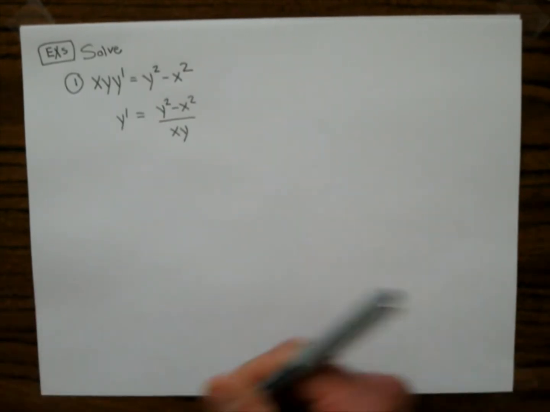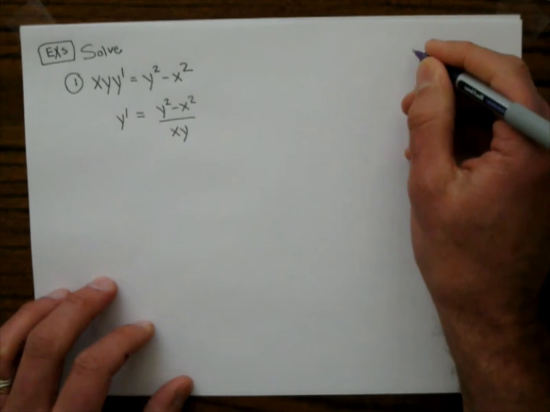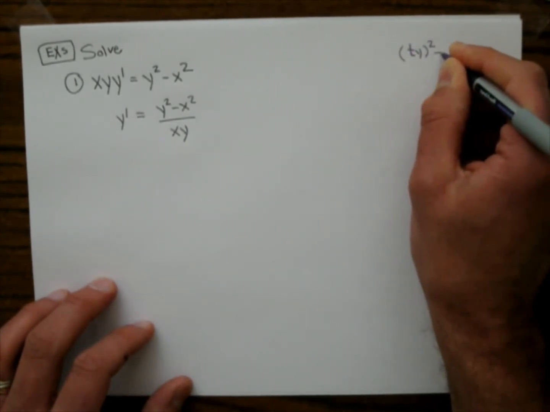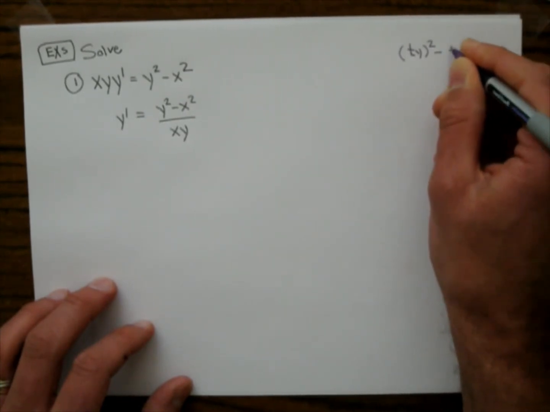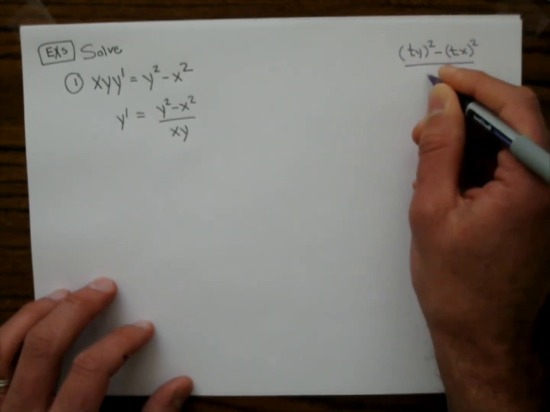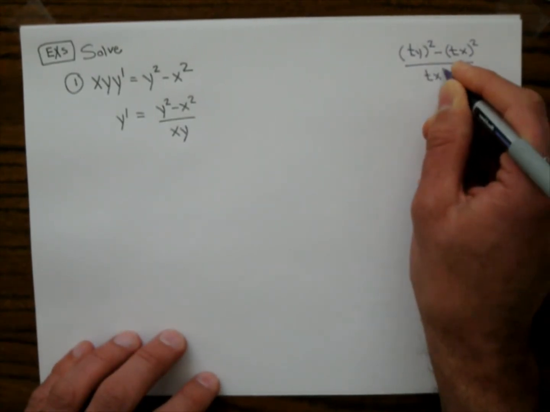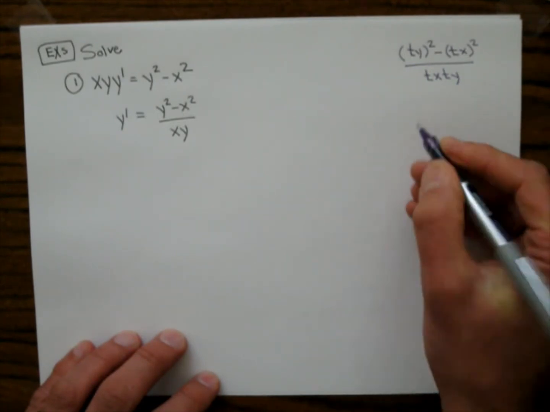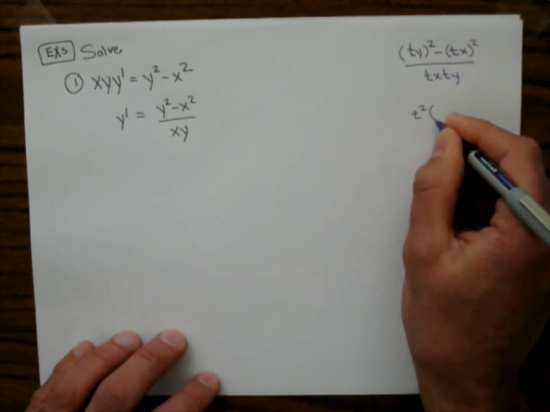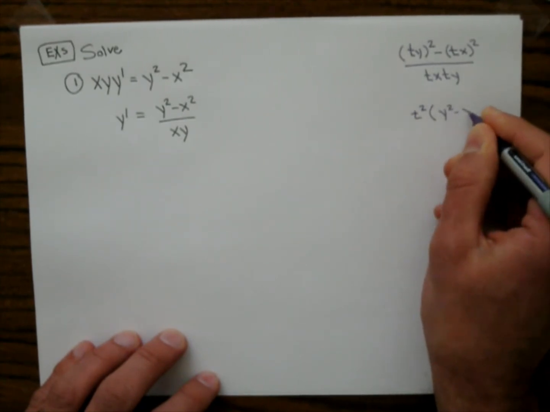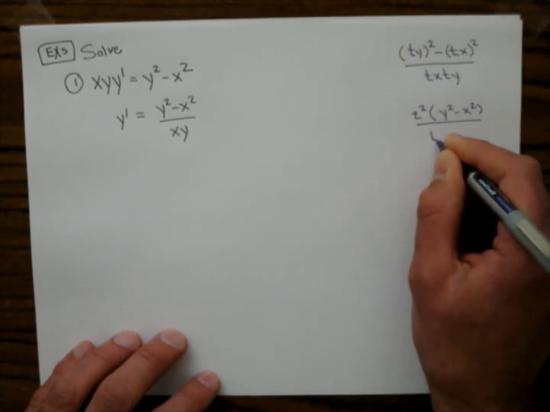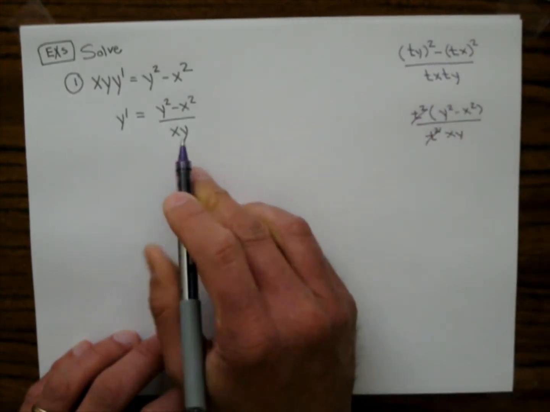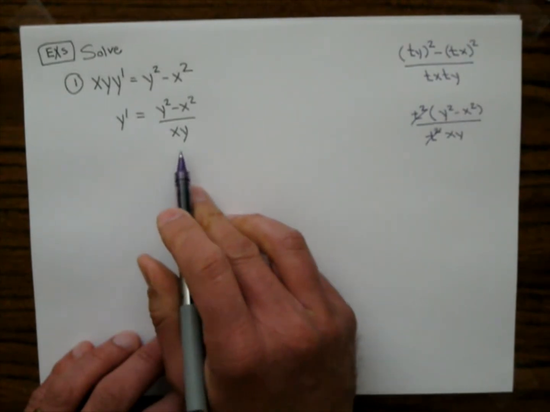Now the check is pretty basic. I can do the check over here. I'm going to put ty in for y. And actually, some of you can do this check in your head. Tx in for x. And so I have tx, ty. You might already see that the t's are going to go away. You can factor out a t squared on the top. So this is y squared minus x squared, and factor out, well, you could just not factor, just put a t squared xy. Oh yeah, okay, so this is homogeneous of degree 0, which makes this an Euler homogeneous differential